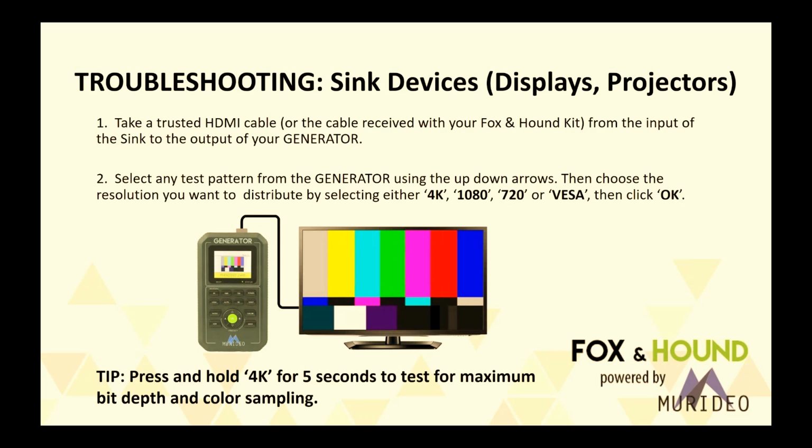Troubleshooting sync devices or displays. With a display device, what we're basically doing is we want to eliminate the display as being the problem. Most displays, there's not a lot of problems. Projectors, high-end projectors, using kind of obscure processing equipment, that's where you tend to find issues and problems, and you want to be able to have a known entity. You want to know what you send into the display is what it can react to and present back